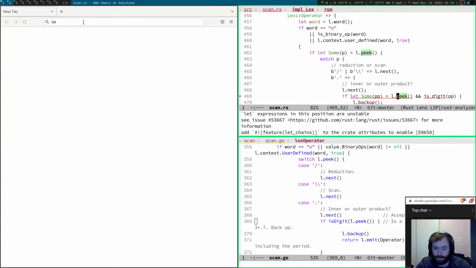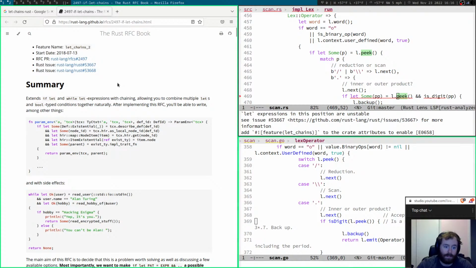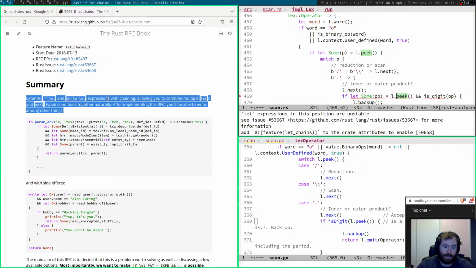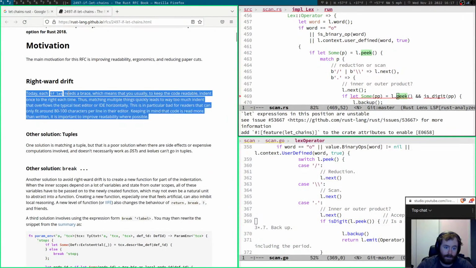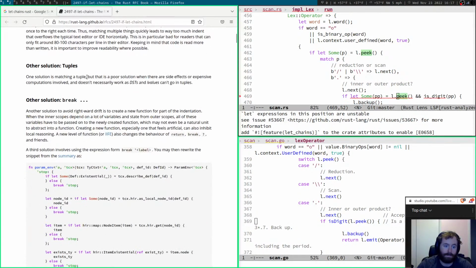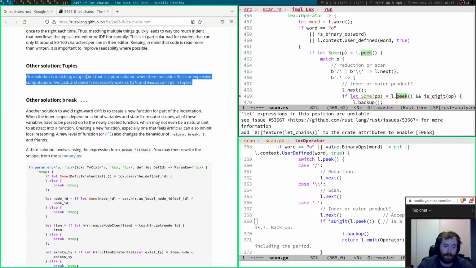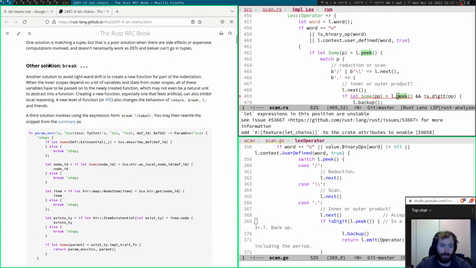What do they call it? Let chains, Rust. Let's just take a quick look at the issue. Chaining. Yeah, I mean this would be really nice here. Motivation. Yeah, rightward drift, of course, very annoying. Matching a tuple. Break? Yeah, of course. Yeah, so this would help us